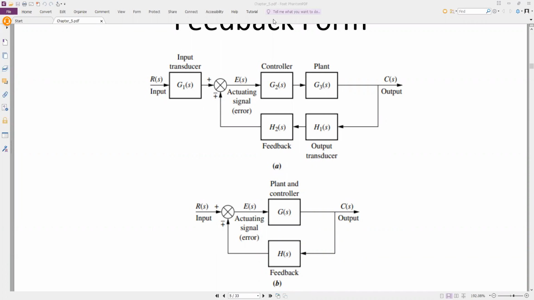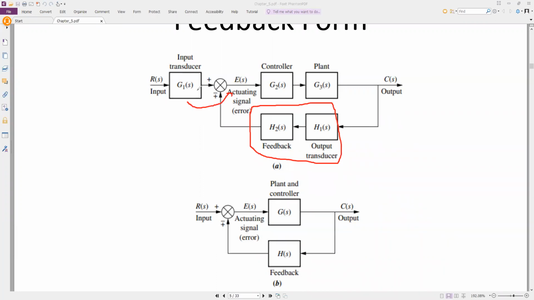We have a technique here. These are the feedback. They reduce H1, H2 into 1, and G2, G3, and G1 into 1. Right. This thing will come